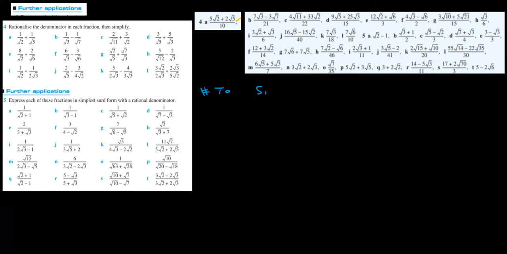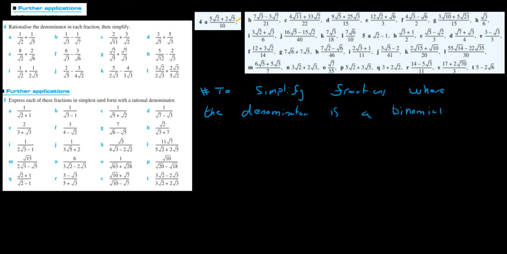To simplify fractions where the denominator is a binomial with a radical, e.g. 1 over the root of a plus b,